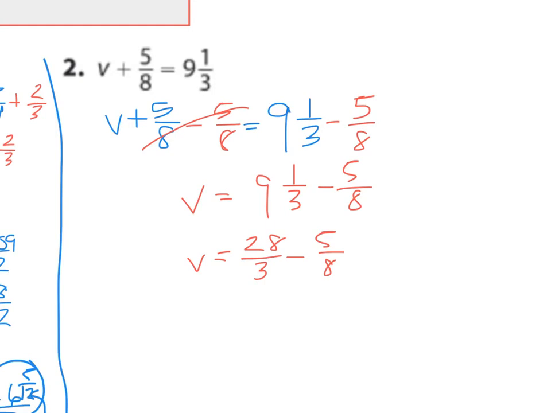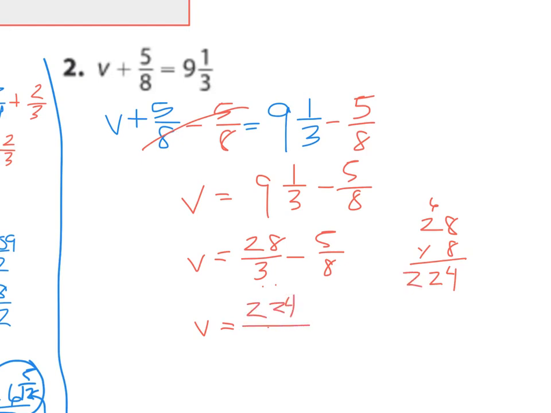We need to find a common number that 3 and 8 can both multiply to, and that is 24. So what do I multiply 3 by so that 24 is on the bottom? I'm going to multiply it by 8. This number is going to get a little bit bigger, but just remember this is an easy way to get the answer. We will get the answer in the end. So we have 28 times 8, getting 224,